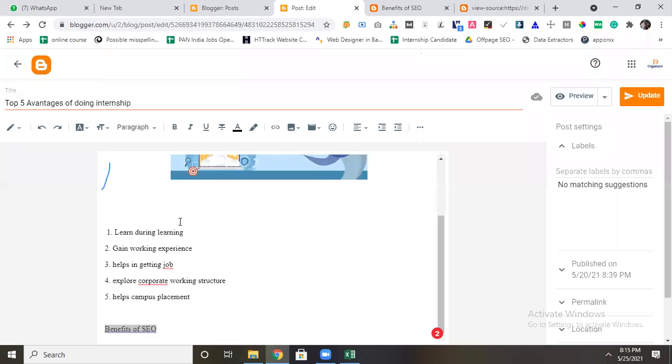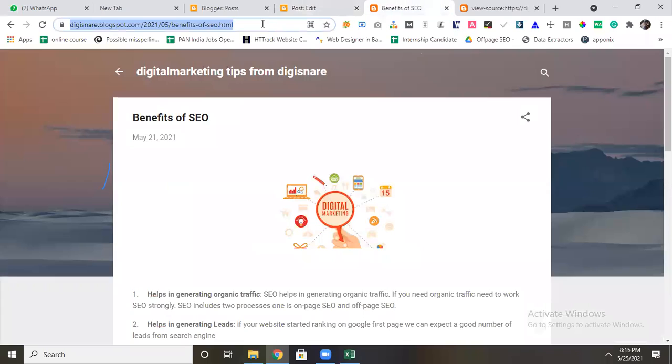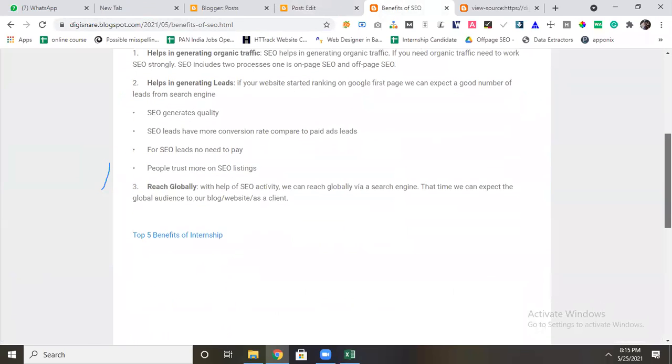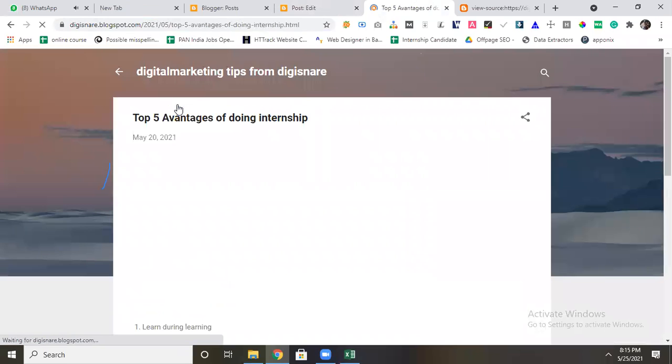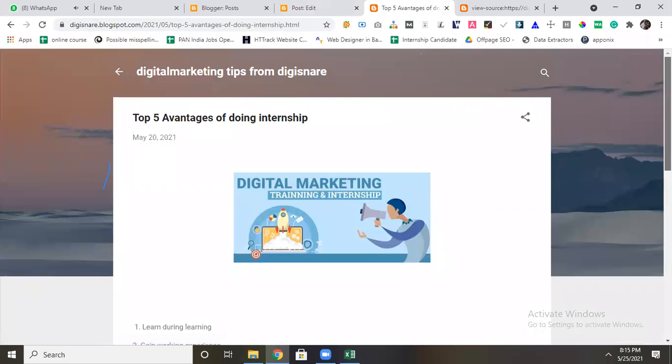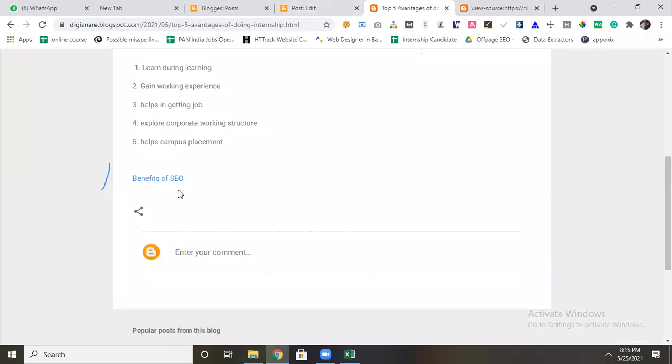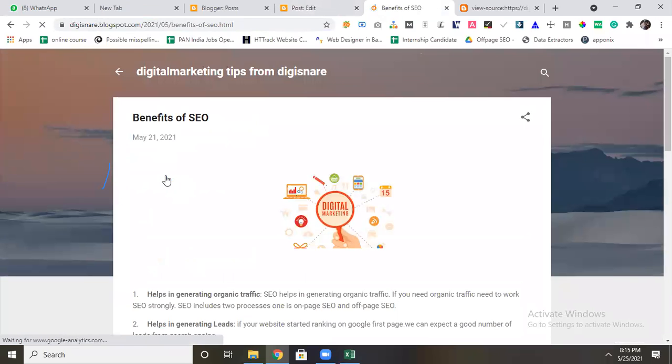Let's see now what I will do. I will update it. Okay, I will come for, you can say I'm refreshing this particular article. Now see, it is interlinked here. If I click here, it will go to this article. If I come here, you can do it. Means wherever relevant articles are there, you link it at the bottom.